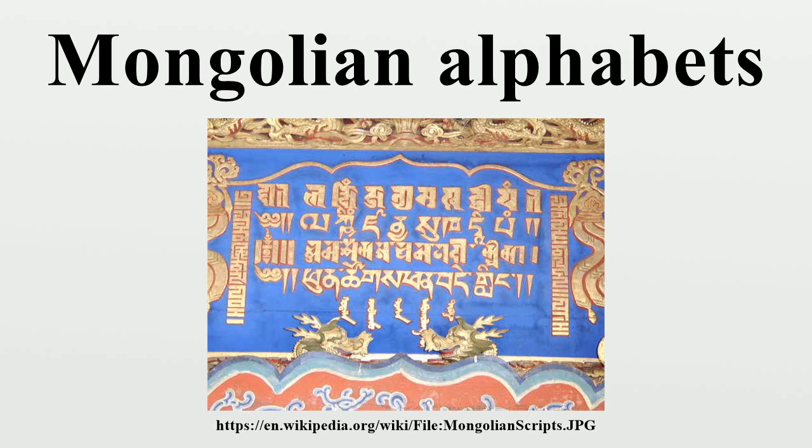Zanabazar had created it for the translation of Buddhist texts from Sanskrit or Tibetan, and both he and his students used it extensively for that purpose. Aside from historical texts, it can usually be found in temple inscriptions. It also has some relevance to linguistic research, because it reflects certain developments in the Mongolian language, such as that of long vowels. Horizontal square script.